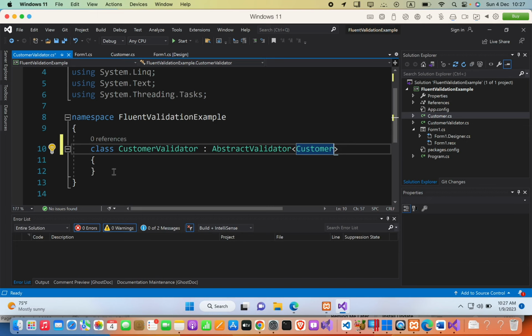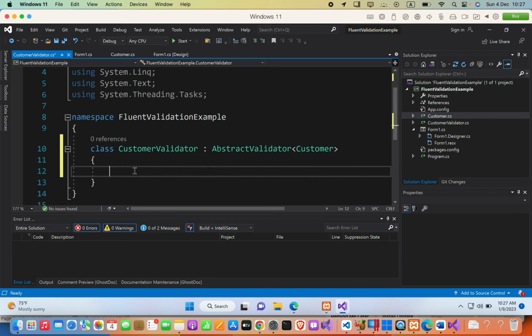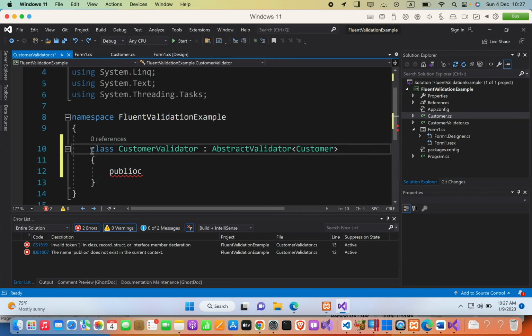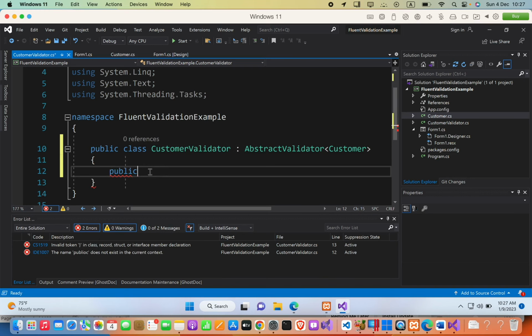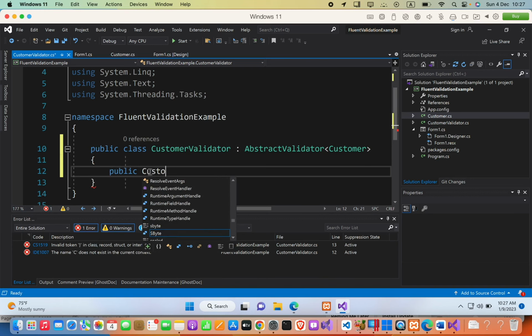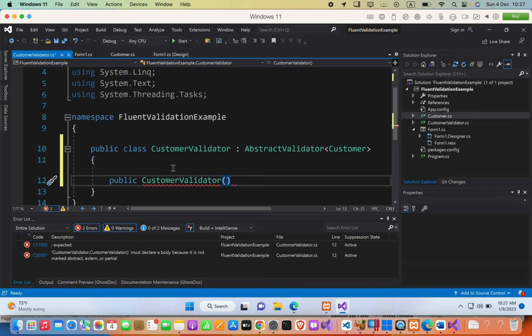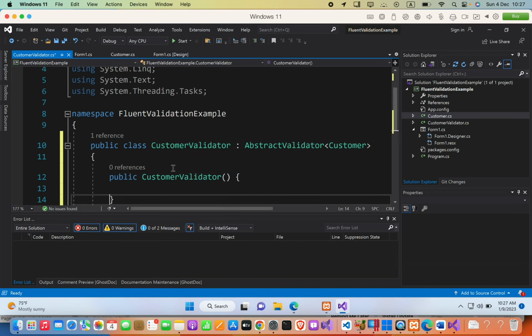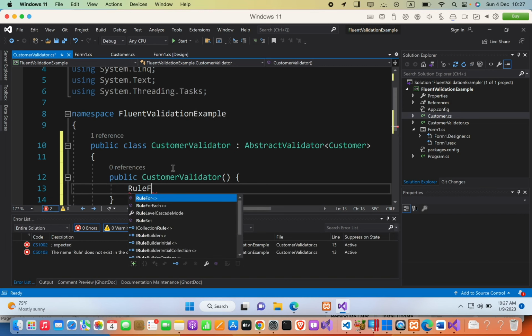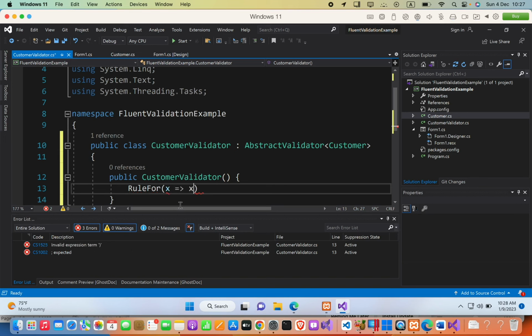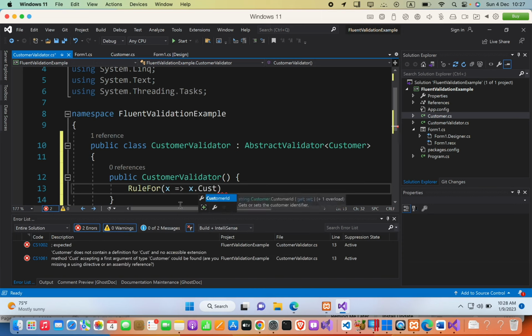Okay, now in this class we are going to create a method. Now the main thing is we have to change this class into public, and also this method will be public one. So I can say CustomerValidator. This will be a constructor, so add braces. We are going to say rules here. I can say RuleFor, inside this parenthesis we are going to pass in a lambda expression x => x.CustomerId,